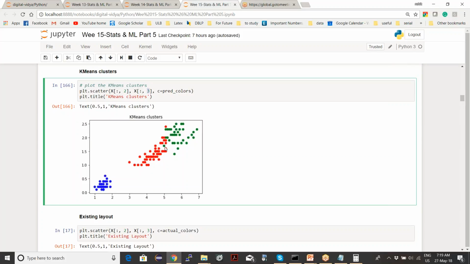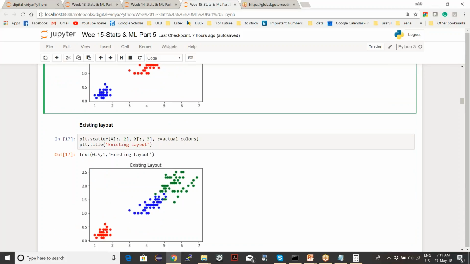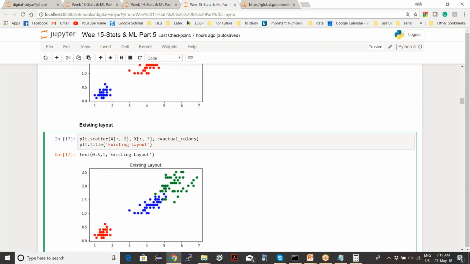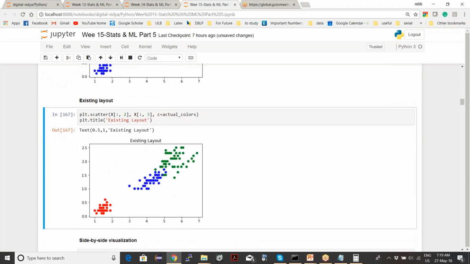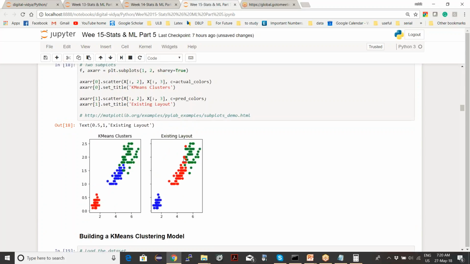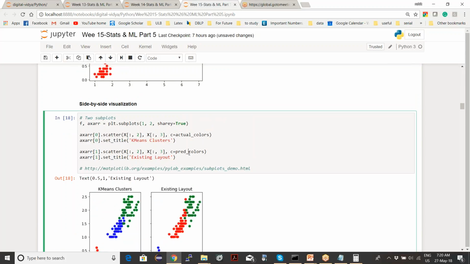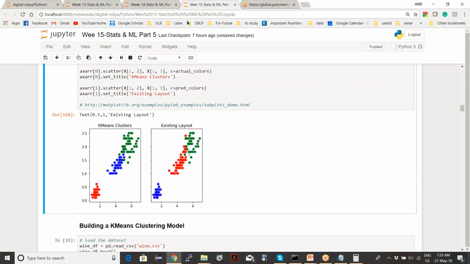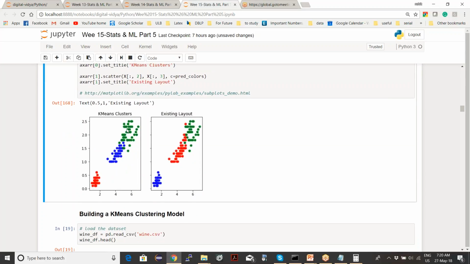So after clustering, this is what it has done. This all belongs to one group, this is one group, this is another group. And if you see the existing actual mapping, this is the actual grouping which was there. So let's see it side by side, and maybe it will be more clear. Yeah, so this is the grouping we got from k-means clustering, and this is the actual grouping. So you see it almost did the same.